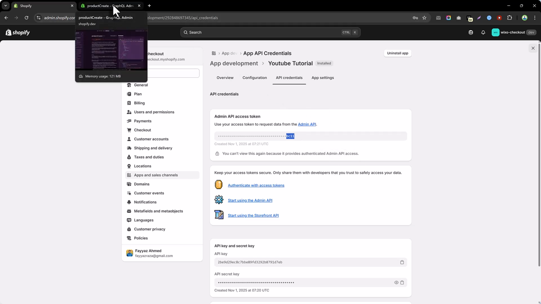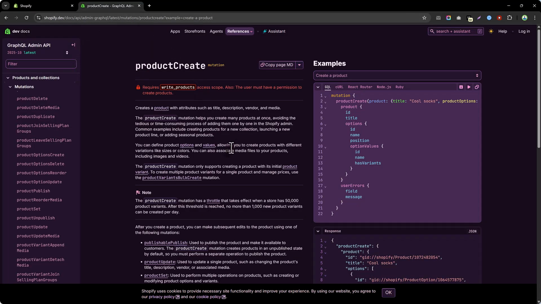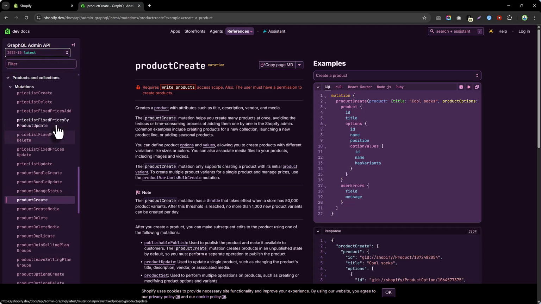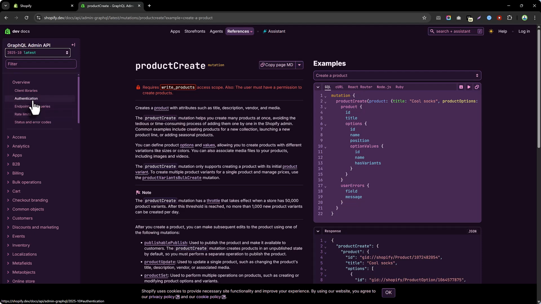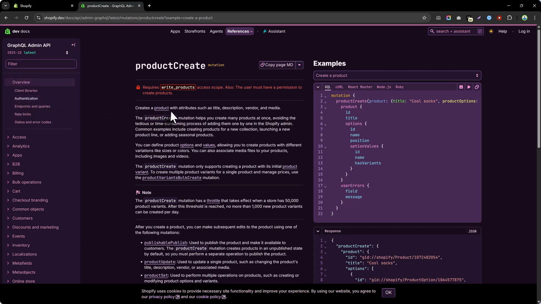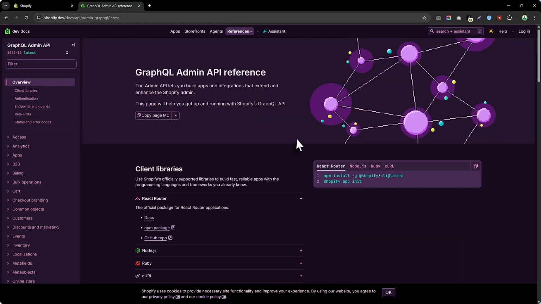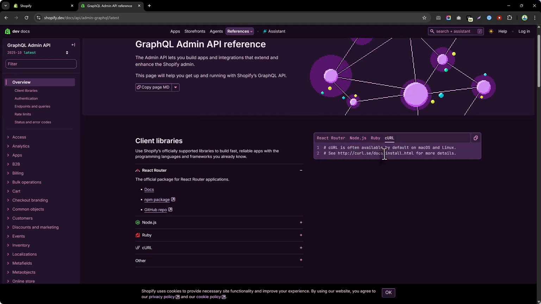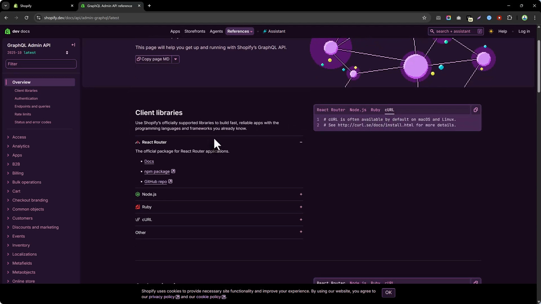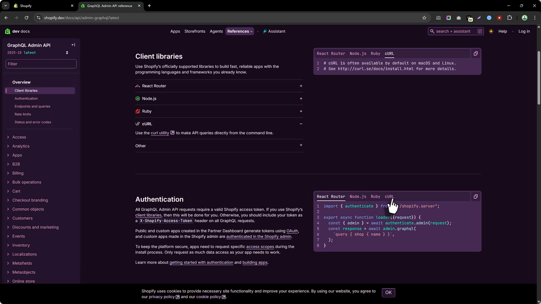Now let's go back to the documentation. We are using the 2025-10 latest API, and for the authentication we need the access token. For the curl, let me grab the example from here. So we need the Shopify store and this URL. I'll copy this URL